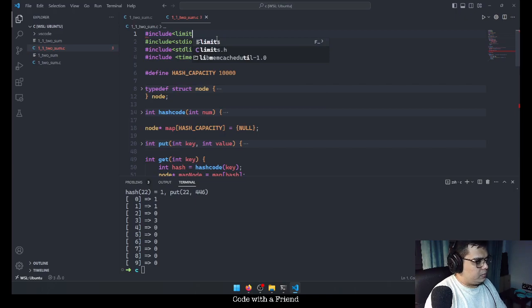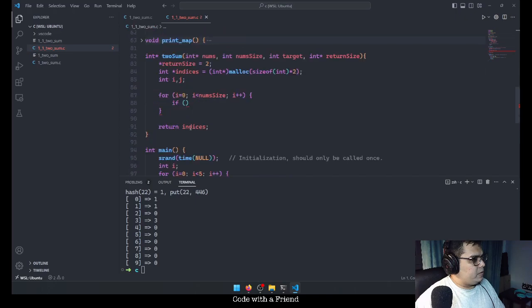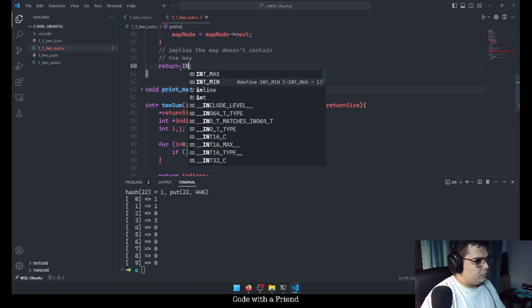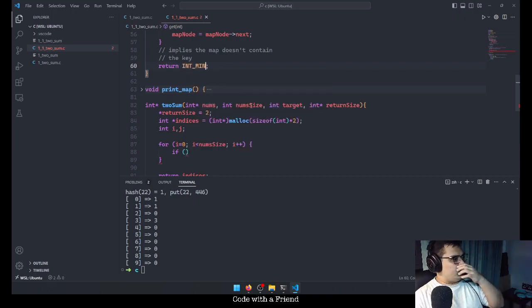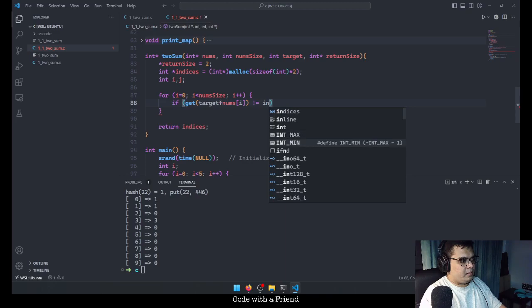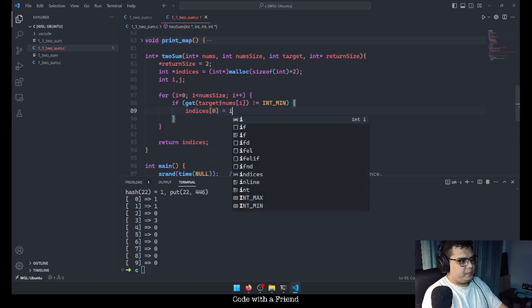Include limits.h, and now I'll have INT_MIN to be returned. That is there, right? So if get target minus nums[i] is not equal to INT_MIN, which means it exists,